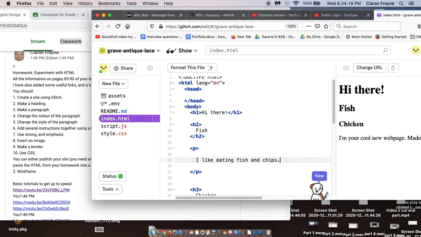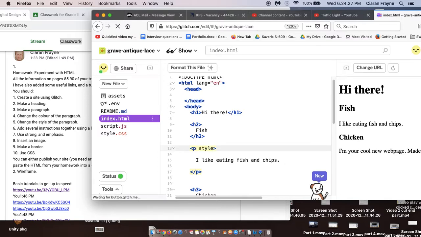Okay, and then we need to change the color of the paragraph. Now there's a few different ways you can select colors, but probably the easiest way is just to type in style equals inside the first paragraph tag, and then you need to get some quotation marks. It'll automatically give you the closing quotation marks, and color, no U,